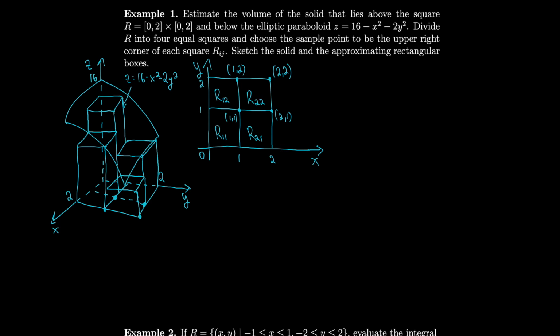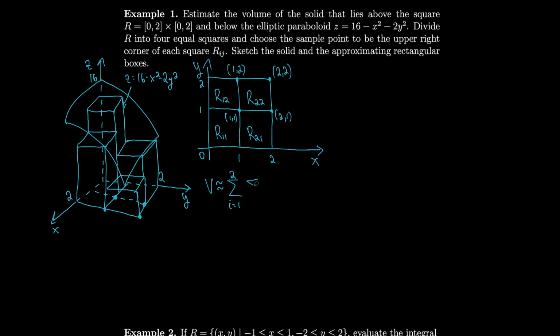Okay. So that's roughly what it looks like. I've got these 4 rectangular solids that fill up the volume underneath, but not perfectly obviously. There's some gaps in between. So this is just an approximation for the volume underneath. If I wanted the actual volume, I'd have to take the limit as the number of these rectangular solids tends to infinity. Okay, so let's say that the volume is approximately the sum from i equals 1 to 2, because